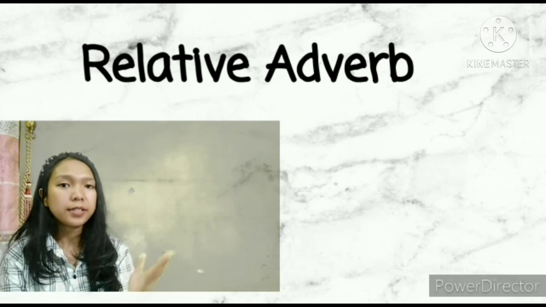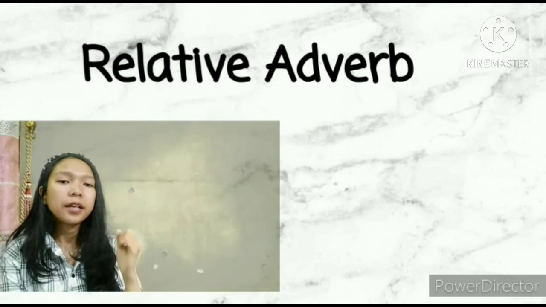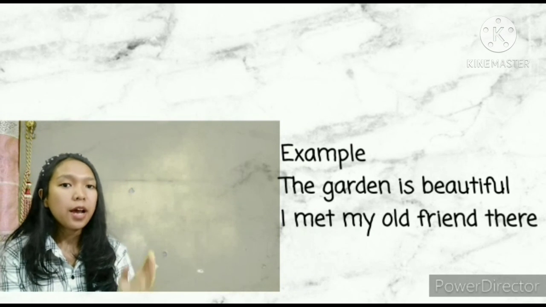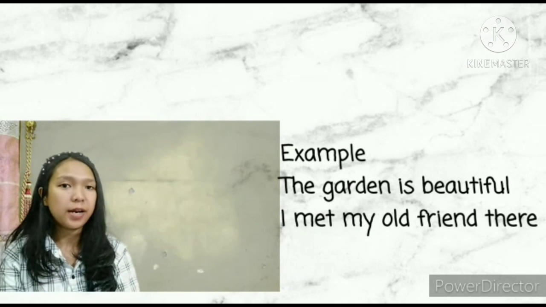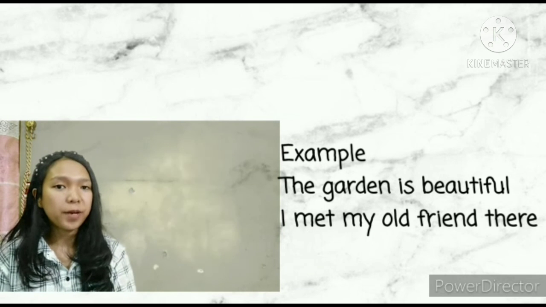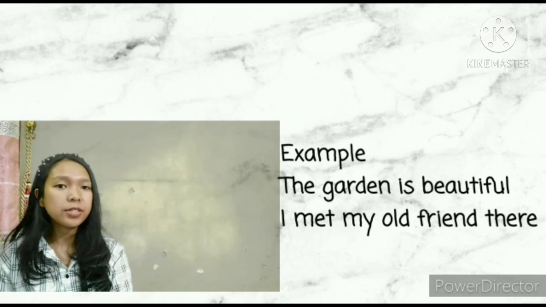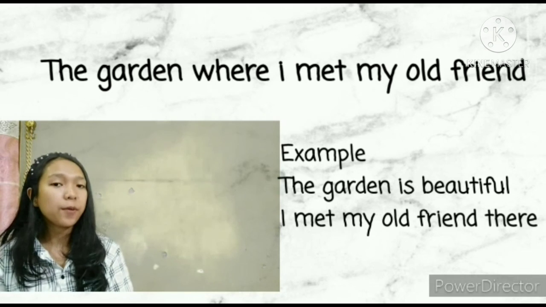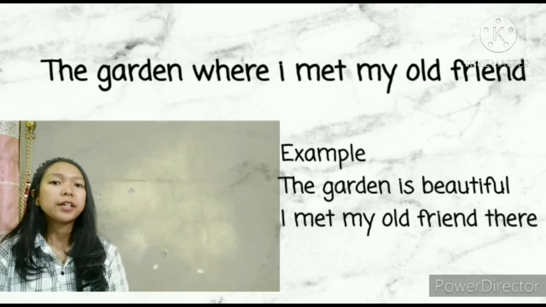Relative adverb. The example: the garden is beautiful. I met my old friend there. Because it is an adverb of place, we use the conjunction where. So we can write: the garden